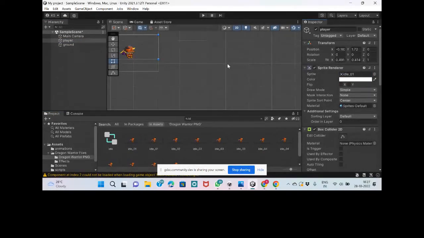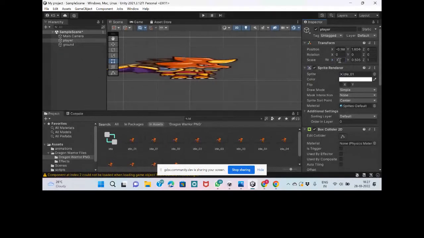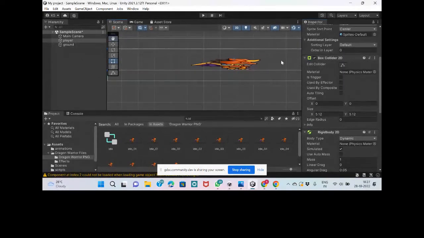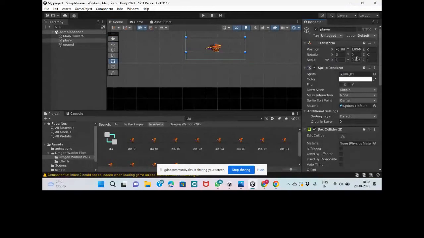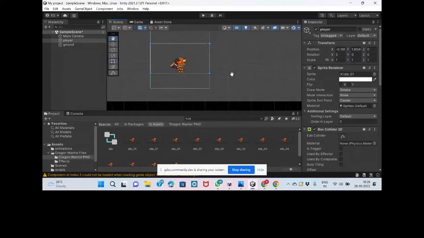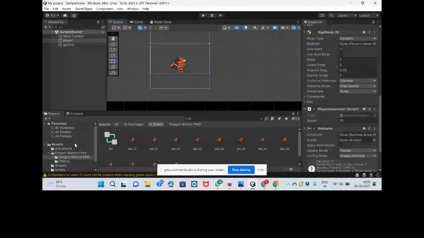So you could see there is a small player for you, and I'm adjusting it a bit, or I would use the scaling option. So you could see here a player is generated now, and go to the animations folder